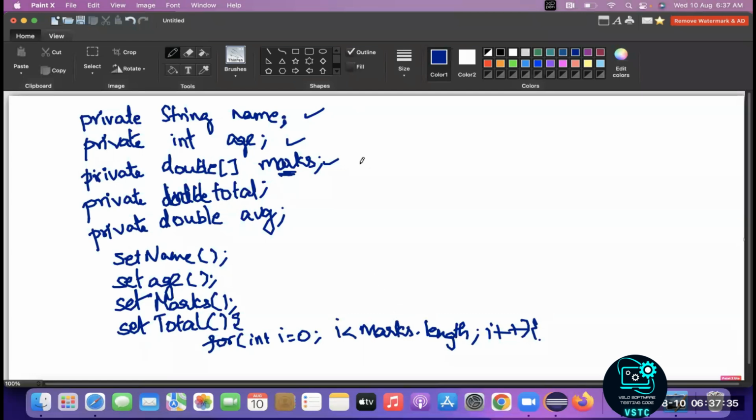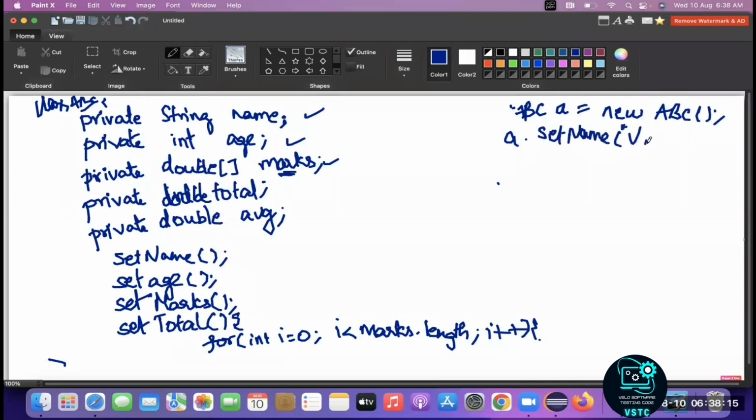Suppose this marks is in another class. What I will do is, I'll create an object to this class. Let this class be class ABC. For this class, I'll create an object. So ABC a is equal to new ABC. I'm creating an object to this class, and now a dot set name. I'll give the name as Vasvik,